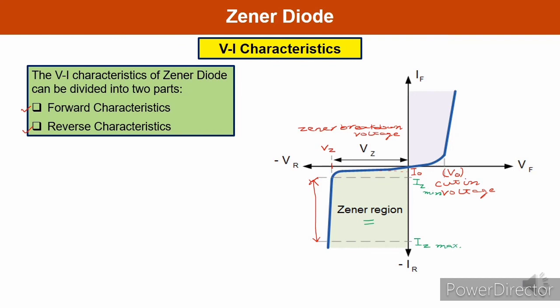So here you can see the voltage across the Zener diode remains constant, but the current changes, and it changes depending upon the supply voltage. So the Zener diode is operated in this region, and when it is used, it is known as a voltage regulator. This is one of the major applications of the Zener diode, that the Zener diode acts as a voltage regulator.